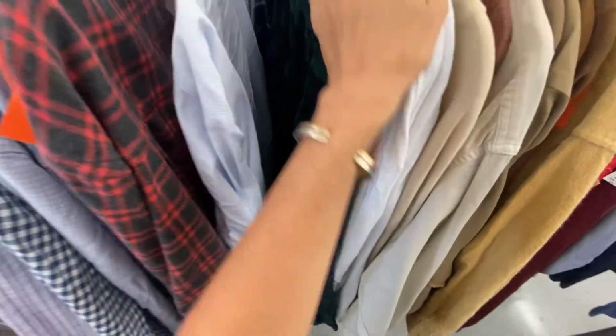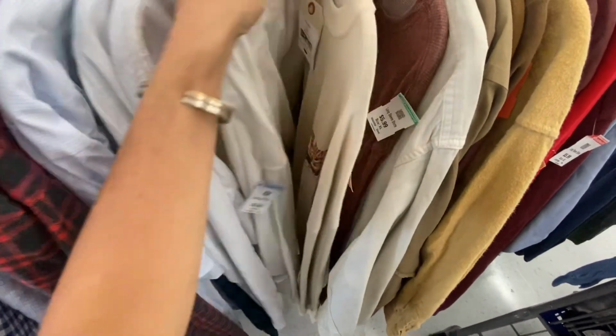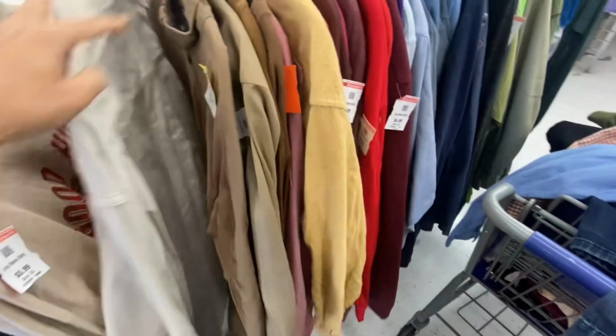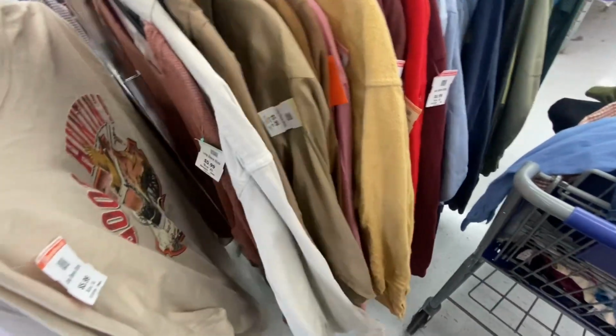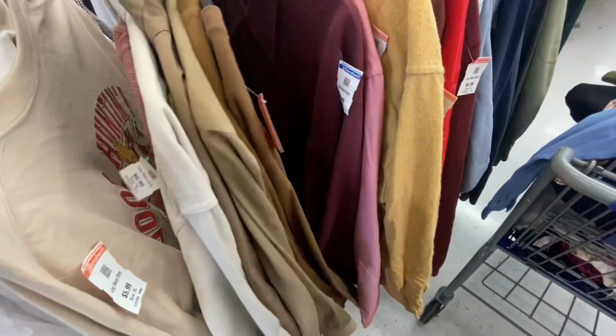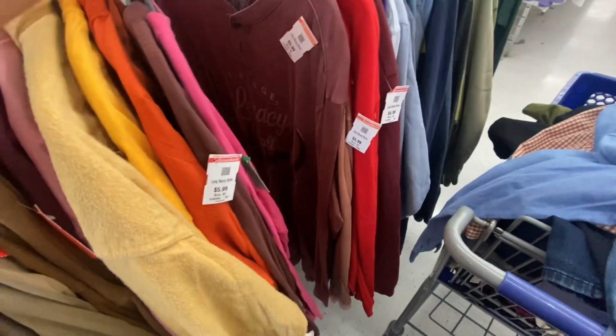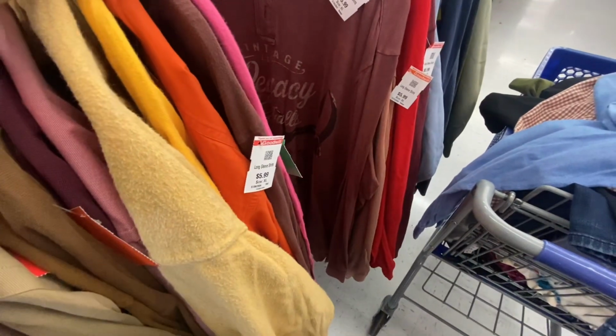I have a ridiculous amount of clothing already. Honestly, I was like, I'll be happy if I find 40 things. And I think we have well surpassed that. Now I am gonna have to go through everything, see what I actually want to keep, inspect everything to make sure it's not